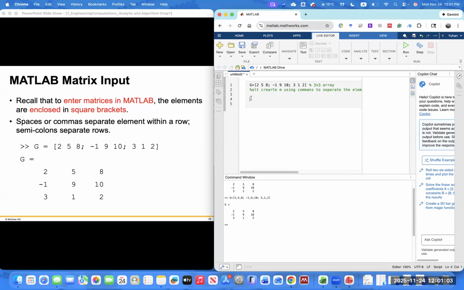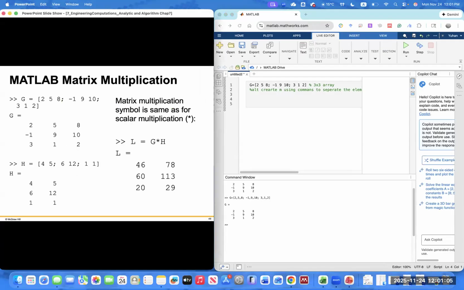And you will be fine with this, right? So next one, we will do some operations. The first operation we're going to learn is called the multiplication, right? So if we want to do the multiplication, we want to create another matrix, which is H here, is equal to